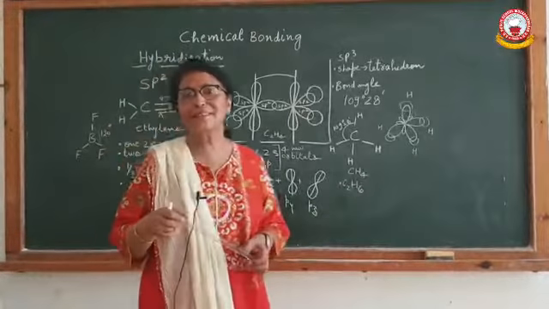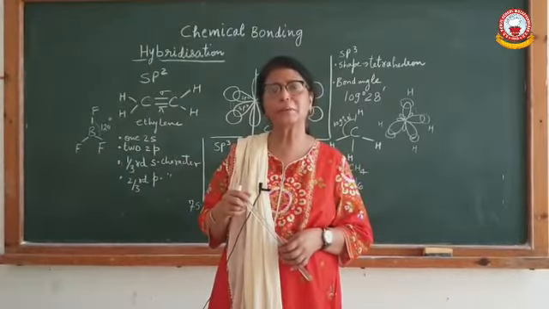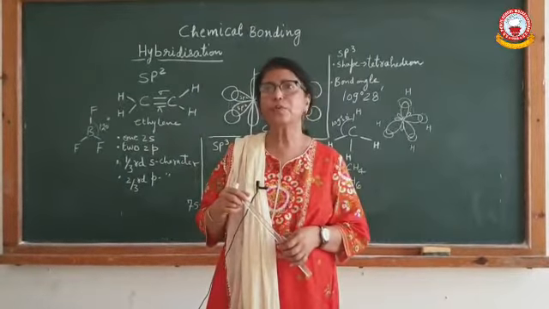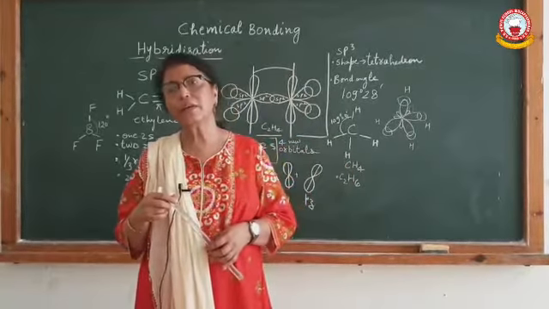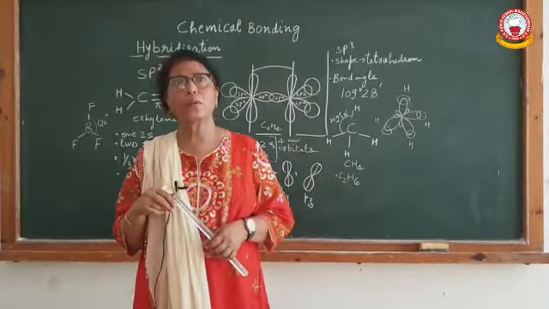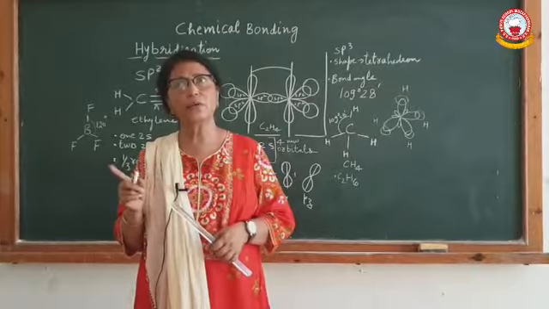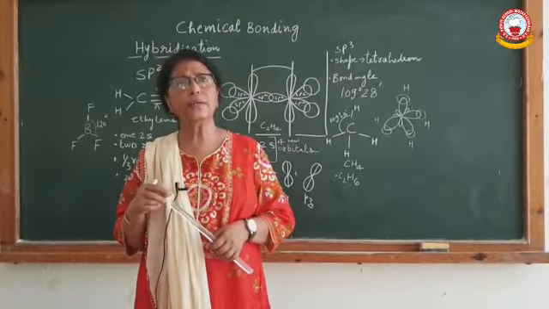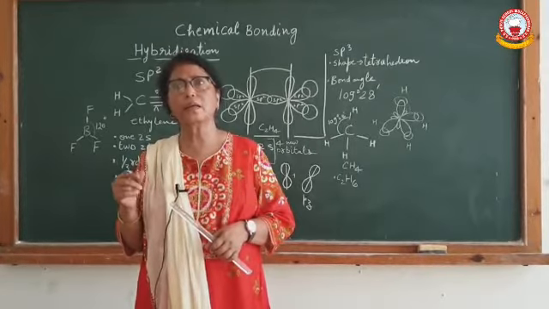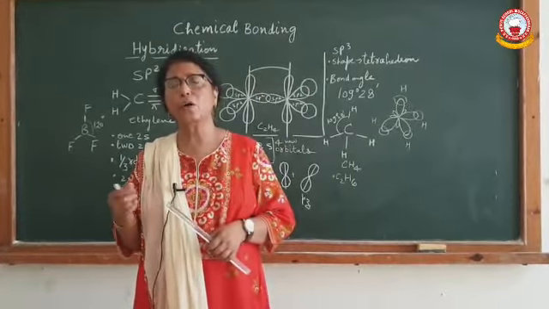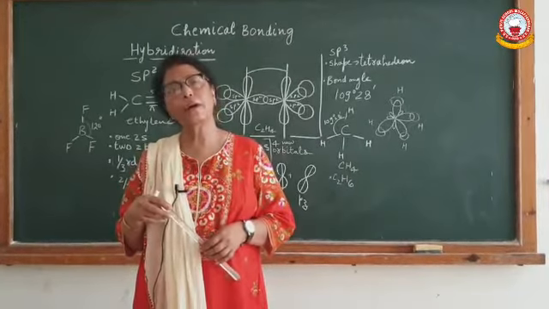Yes, good morning students. Today we will be again taking hybridization. This is a topic in chemical bonding. This is a very important topic, and with the help of hybridization we can come to know about two things. One is the molecular shape and geometry, and another is the covalence. Children, covalent compounds have covalence, and covalence is the number of half filled orbitals. So, this concept also becomes clear with the help of hybridization.